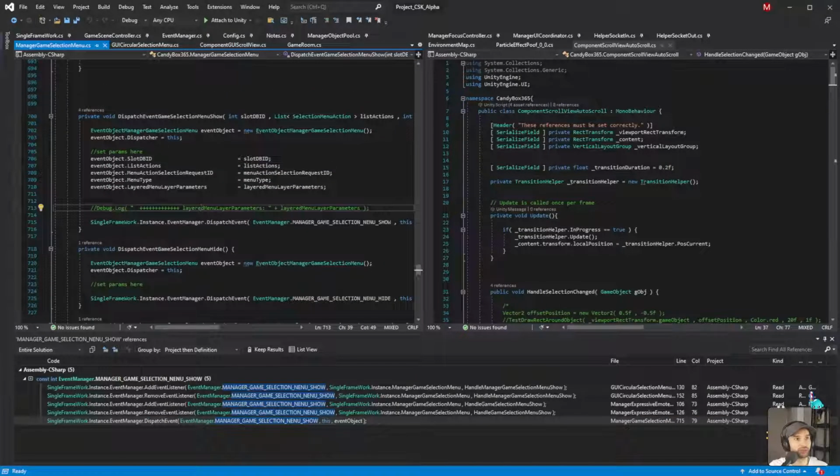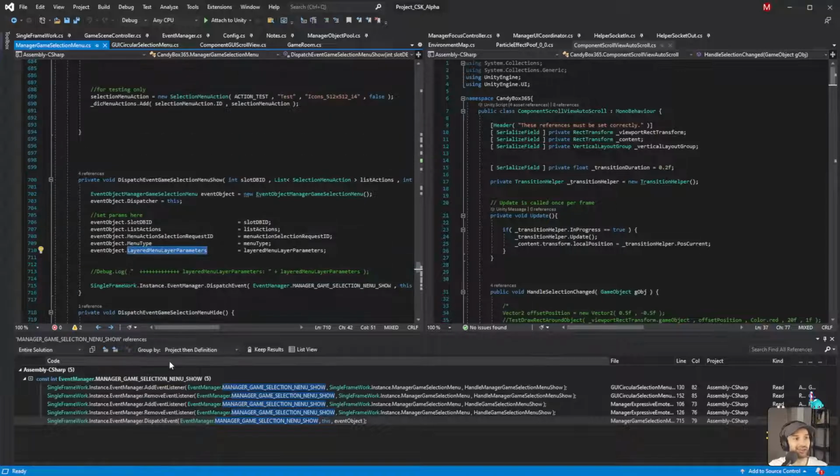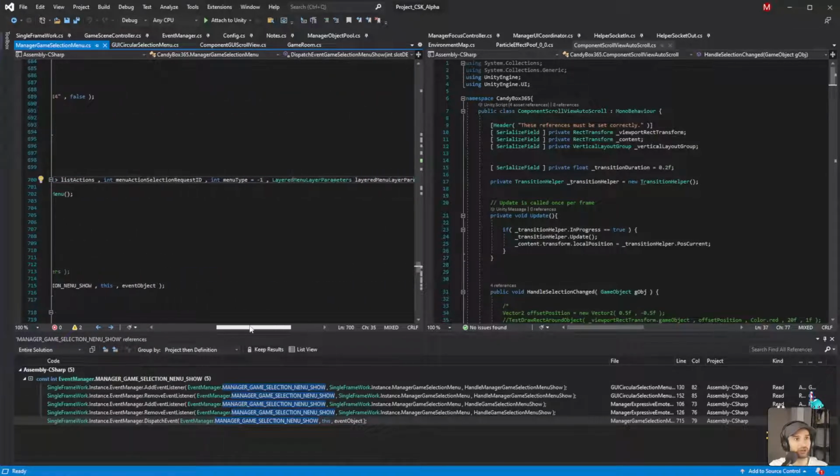So on the dispatch, we have the layered menu layer parameter. I can't even pronounce that right now, to be honest. Okay, so we call this on dispatch. Okay, so let's keep following it backwards.